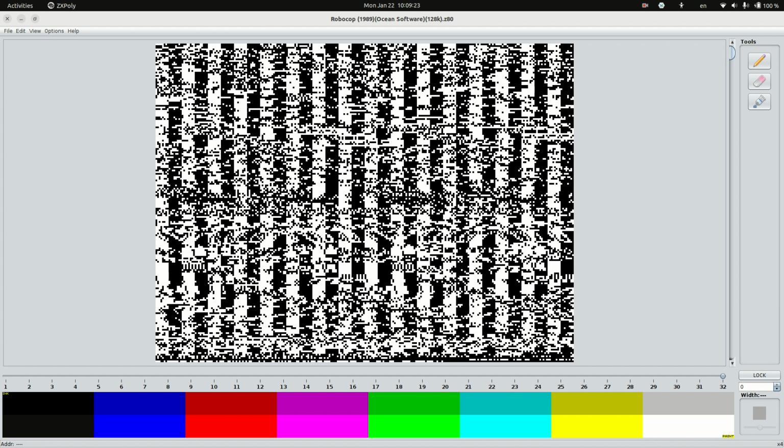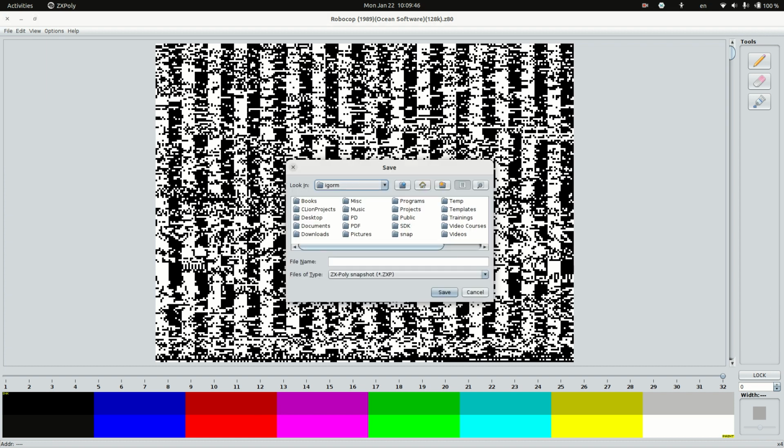Now let's make some minor colorization. We will not be working with the full game, but will just make some. As the first step, let's check how it looks after copying all the code to all CPU RAM. We should make an export, ZXPoly snapshot, Robocop,